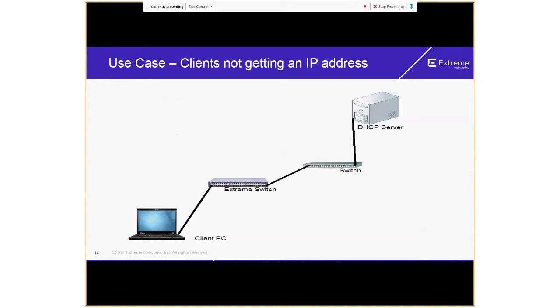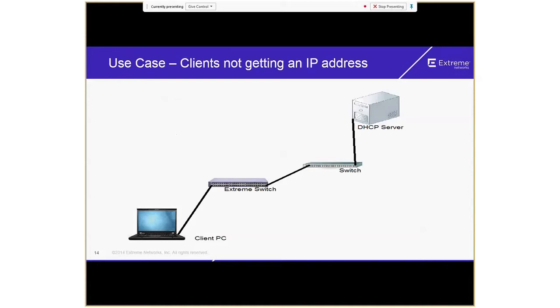I had a case where one of the customers was stating that the clients in one particular campus were not able to get the IP address from the DHCP server, and they were stating that maybe one of the switches was causing the issue. In fact, not one of the switches, all the switches connected to the clients, randomly there were issues happening. They were stating that the PCs were not able to get the IP address.